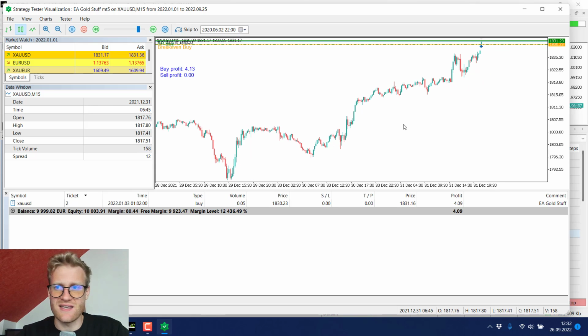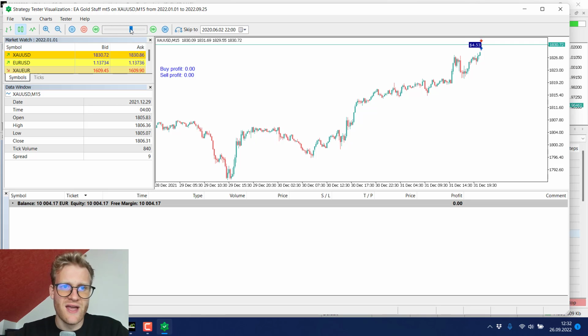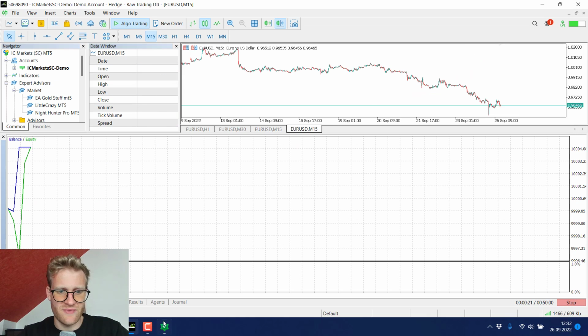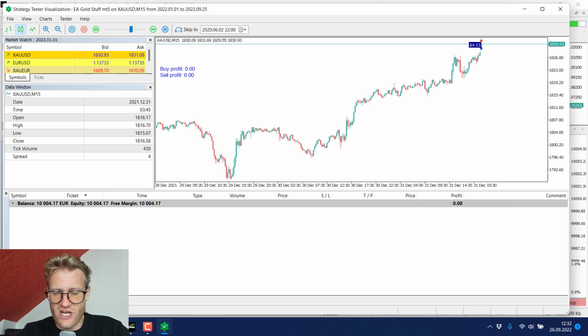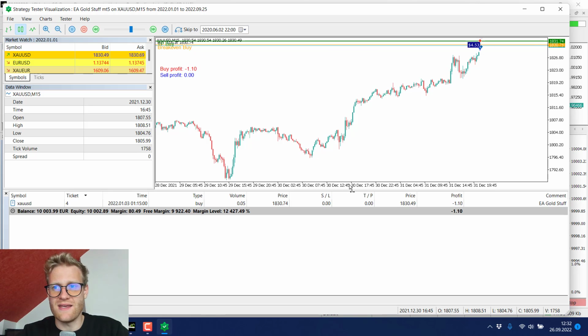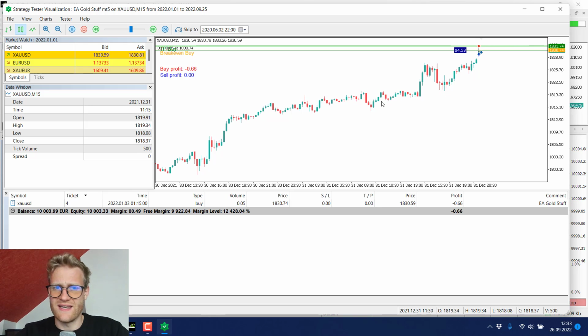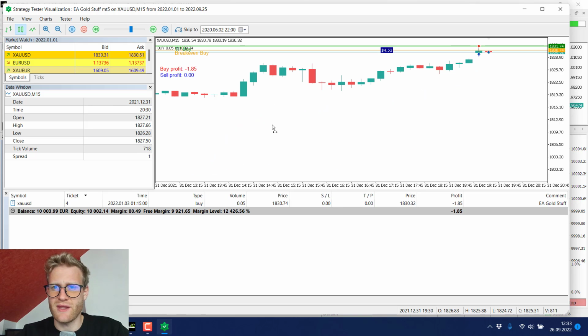So this data is provided by your broker, and it is actual data, but since I'm using this every tick method, the ticks are generated by an algorithm from the bars, but it is really realistic, because that's a good algorithm to calculate the ticks, and it doesn't really make a big difference for this strategy anyway. So you can see on the left side we have the buy profit and the sell profit of